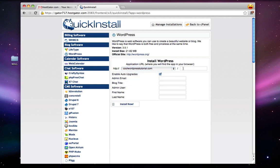And over here, you can type in a subdirectory like hello. And if I typed in hello right here, my WordPress website would be located at coolwordpresstutorial.com/hello. But I just want my domain on the root of the website, so I'm going to leave this blank. So it's just going to be installed on coolwordpresstutorial.com. You can leave enable auto upgrades on and just type in your email address, your blog title, and your